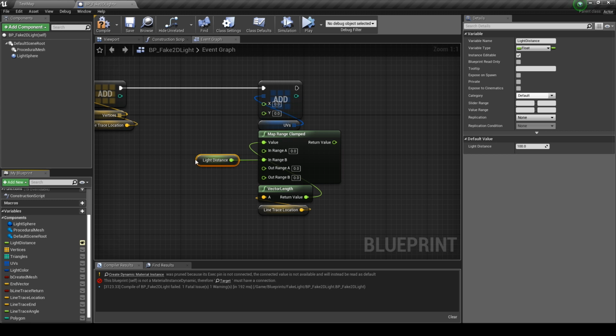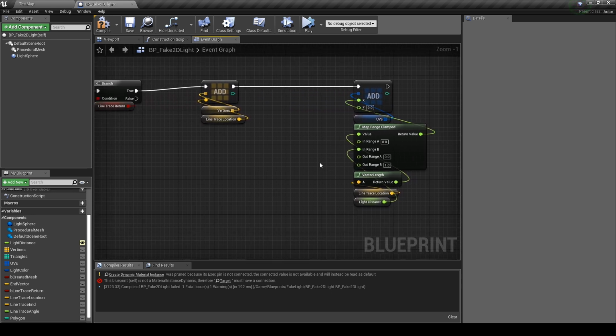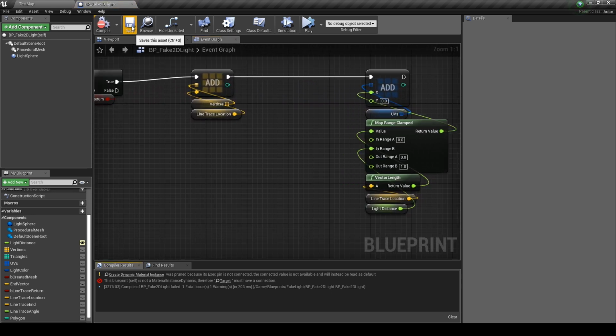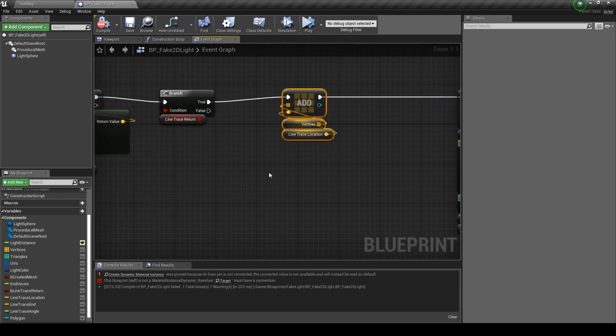And we're going to hook it into our in range B, and then our output is going to be between 0 and 1, so 0, and then output range B will be 1. So it'll convert these values to be between 0 and 1, and then we're going to set that to our X. This is going to be a solid color, so it doesn't really matter. Compile and save, and then we're going to come over here, and if we didn't hit anything, then we need to know